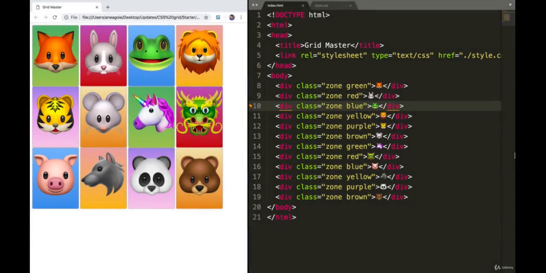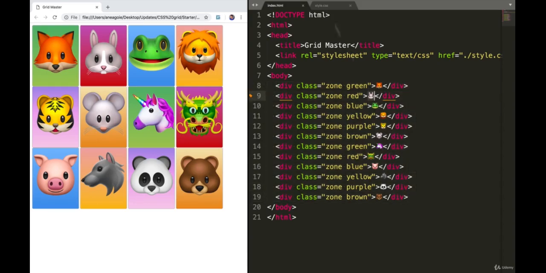Welcome back. I've given you some starter files, so I recommend watching these videos as you code along on your computer. We have a few animal cards here that are extremely cute, obviously. Right now, if we look at what we have, it's an HTML page with just simple divs that contain these little